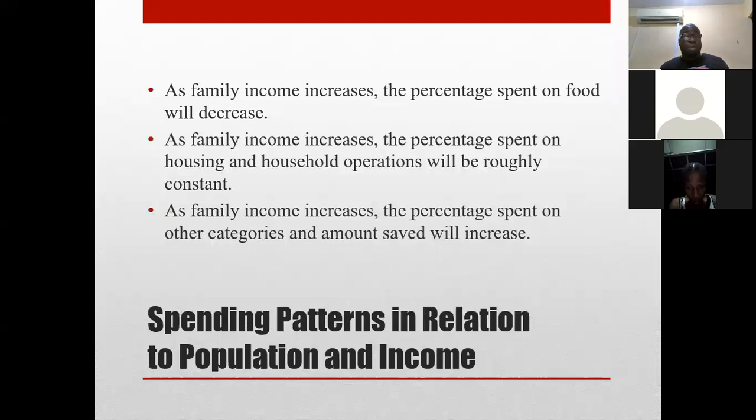Now, when we were earning 1,000, let's assume that we were spending about 200 naira on food out of 1,000. I think that's reasonable. You understand? 200 naira on food. So the percentage of money they were spending on food was about